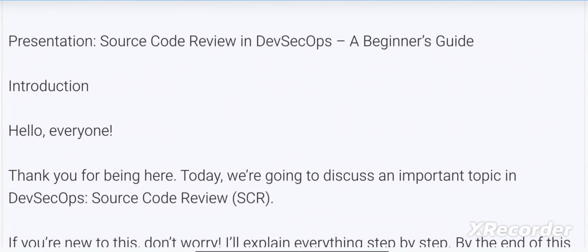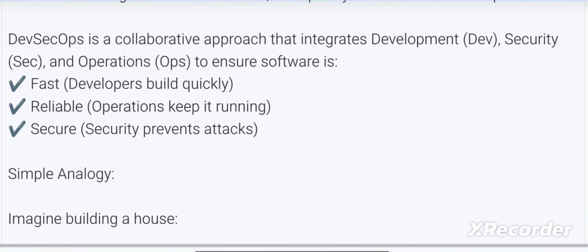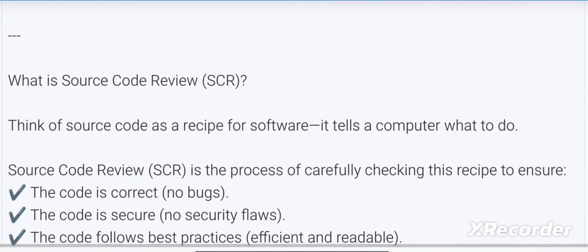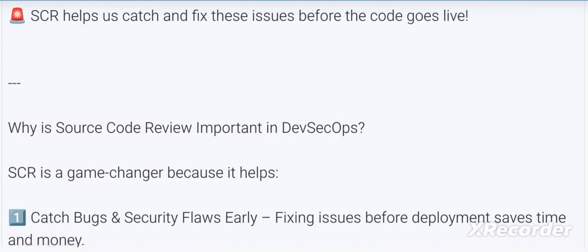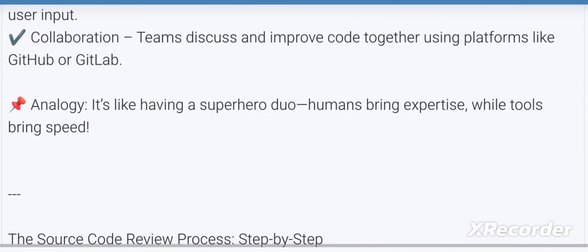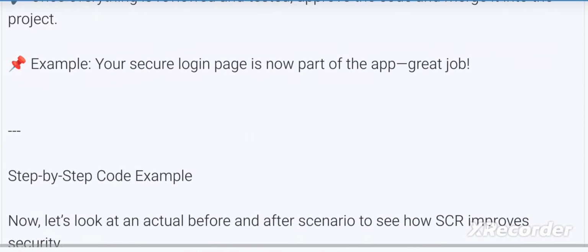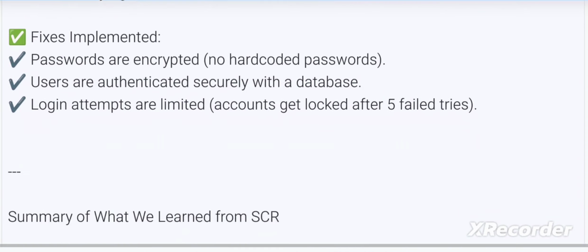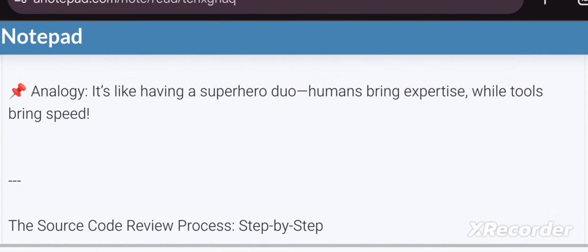Here in this particular video we are going to discuss what source code review is. We are going to discuss what exactly DevSecOps is and what the source code component in DevSecOps is. There is a source code review where DevSecOps engineers perform the source code review, and we will talk about its importance within DevSecOps, some key aspects of source code review, and the source code review process in detail, step by step with examples, steps to be followed and remediation steps. All the things we are going to discuss. And later, the fixes implemented in the source code, and finally we will summarize the content we discussed